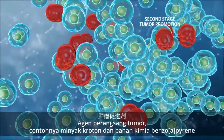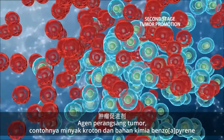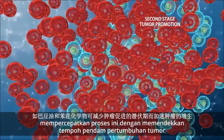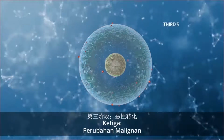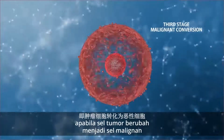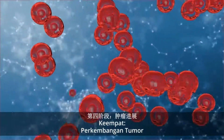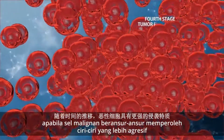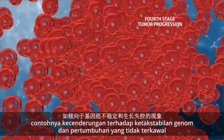of tumor cells. Tumor promoter agents, such as croton oil and benzo[a]pyrene chemical, contribute to this process by reducing the latency period of tumor promotion. Third, malignant conversion, where the tumor cells transform into malignant cells. Fourth, tumor progression, where malignant cells acquire more aggressive characteristics over time, such as tendency of genomic instability and uncontrolled